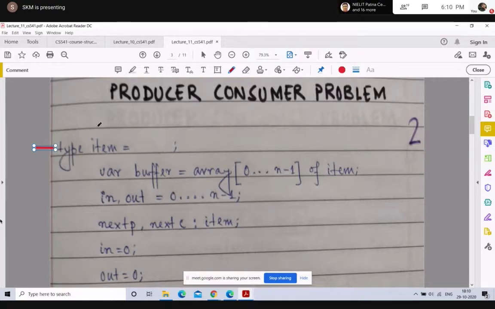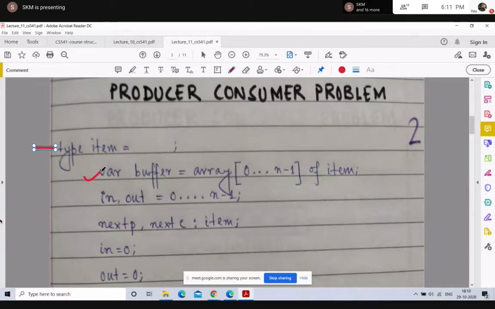This is what I mean by the first statement, type item, and I begin my variable initialization with this particular statement. Then the variables we need are a buffer, and we assume it to have n number of locations.